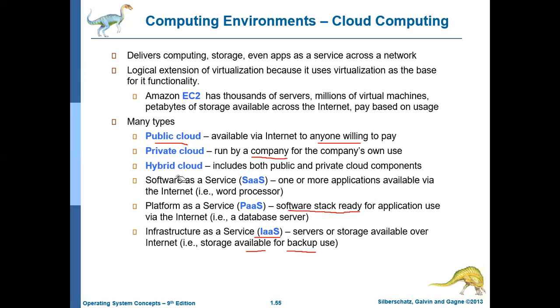Okay, so Google is the best example of cloud. For example, in Google Drive we are storing files. That provides a storage service, which is an example of infrastructure as a service. And Google provides Google Docs, Google Sheets, Google Forms. All these are examples of software as a service, free of cost. So these are some examples of cloud.